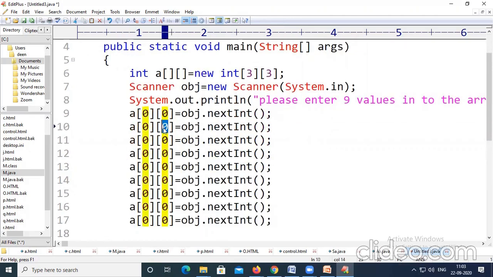Initially it is a of 0, then we have to make it a of 1, and then a of 2, and so on: 1 0, 1 1, 1 2, 2 0, and then 2 1, and 2 2. So a total of 9 values will be accommodated: the first value at 0 0, the second at 0 1, the third at 0 2, then 1 0, 1 1, 1 2, the seventh at 2 0, the eighth at 2 1, and the ninth at 2 2.